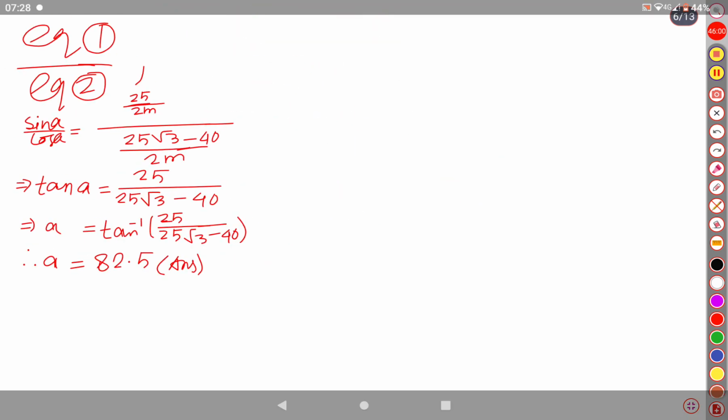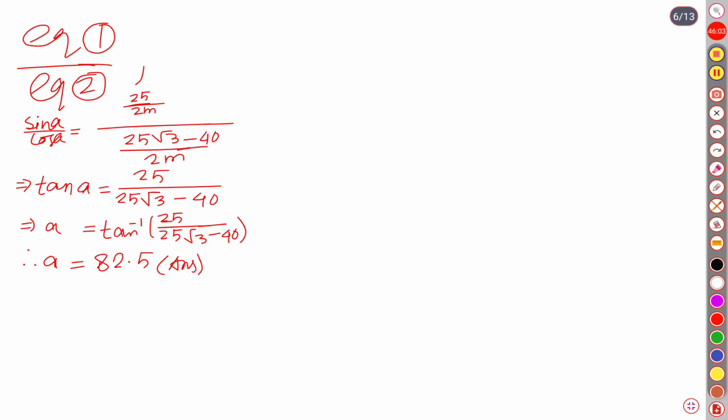Now we require to find m. For m, any of the equations can be taken. If we take the second equation, look at this equation 2. Hence let us write, this is our second equation. If we want to isolate, cos alpha is equal to